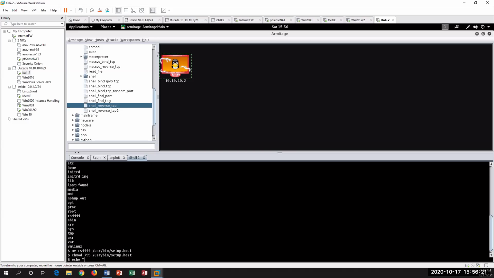Echo the setup dot host. Okay, we're going to put in this string, and of course we're going to make it run as a process, so we don't have to. Once it runs, it will stay there until you kill it. And append it to